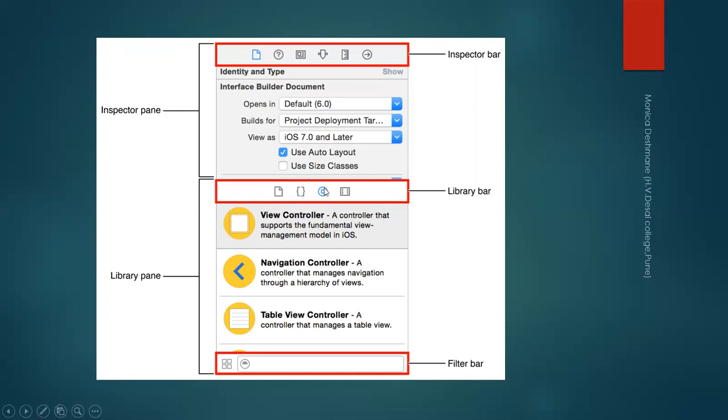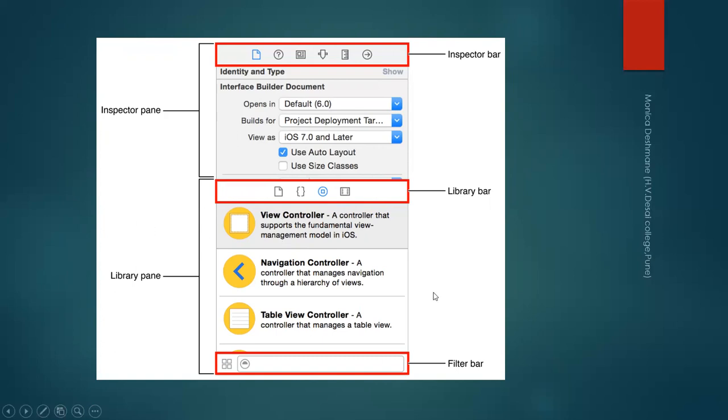Third is related to objects; it gives you the object or class items. And the last is media files: it may be an image file, an icon, audio, or video, whatever is supported by that particular Apple device. That information is provided from the library bar, whose fourth tool is media. Again, I'll revise: this is the file, this is code, this is object, and this is the media.